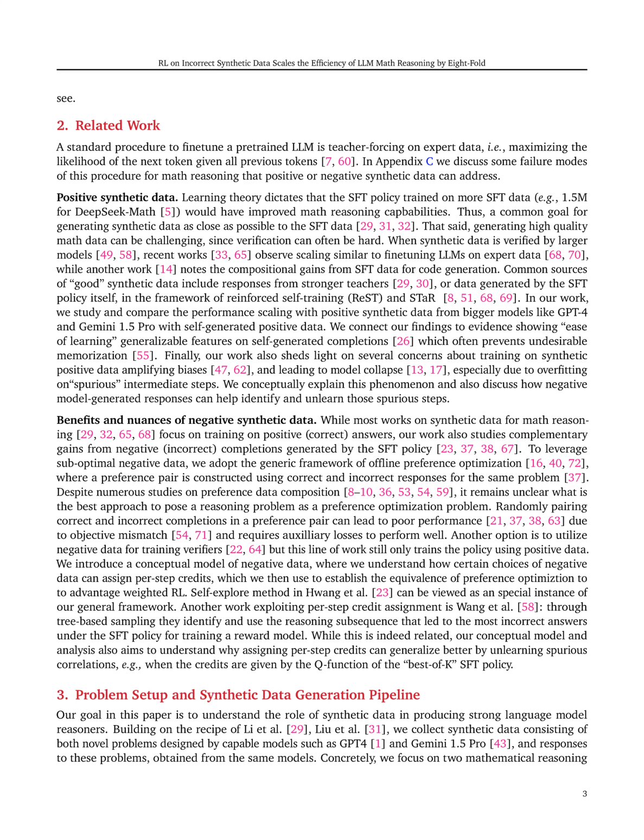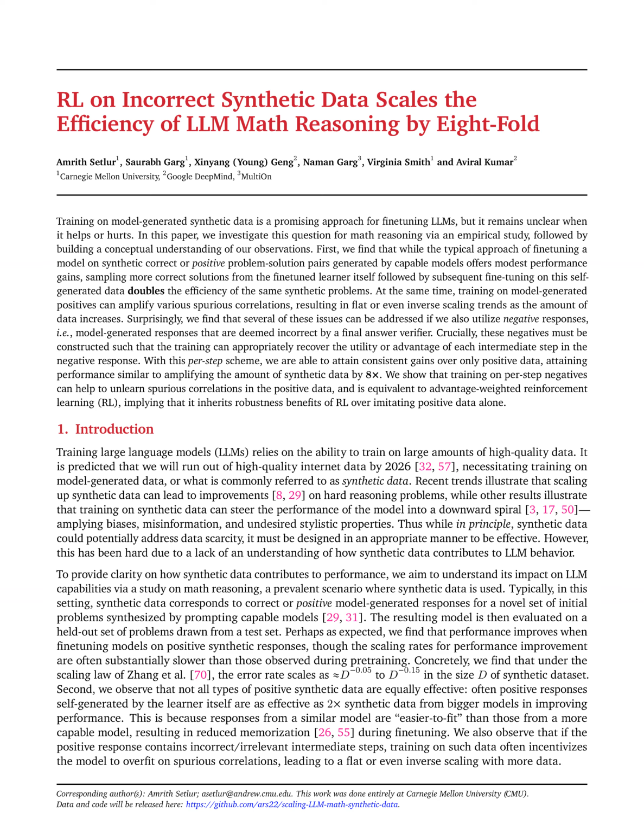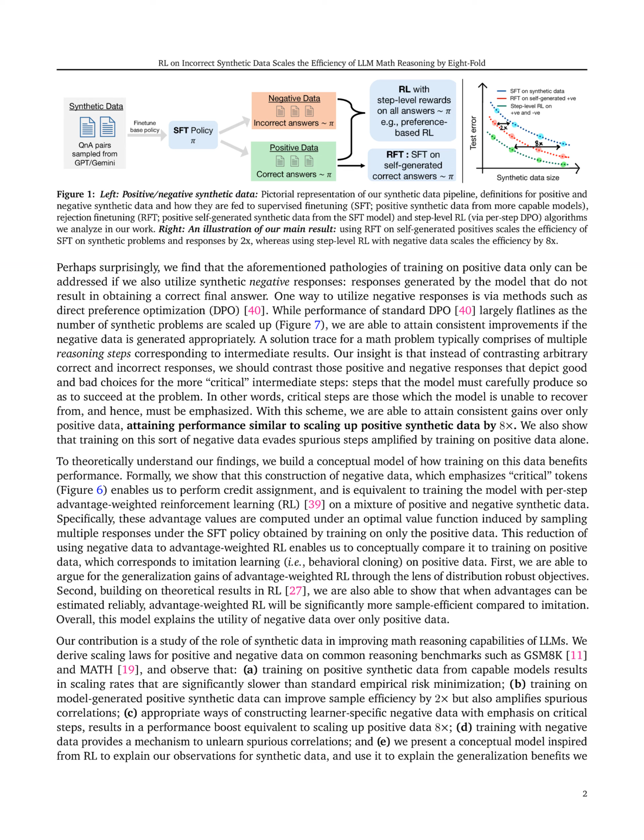The proposed method is validated and tested based on the student's paper through a series of experiments and analyses. The paper presents scaling results for both positive and negative synthetic data on math reasoning benchmarks, such as GSM-8K and math. The experiments involve fine-tuning models on varying sizes of synthetic data, comparing performance improvements, and observing scaling trends. The results show that training on negative data, specifically using per-step direct preference optimization (DPO), leads to consistent performance gains